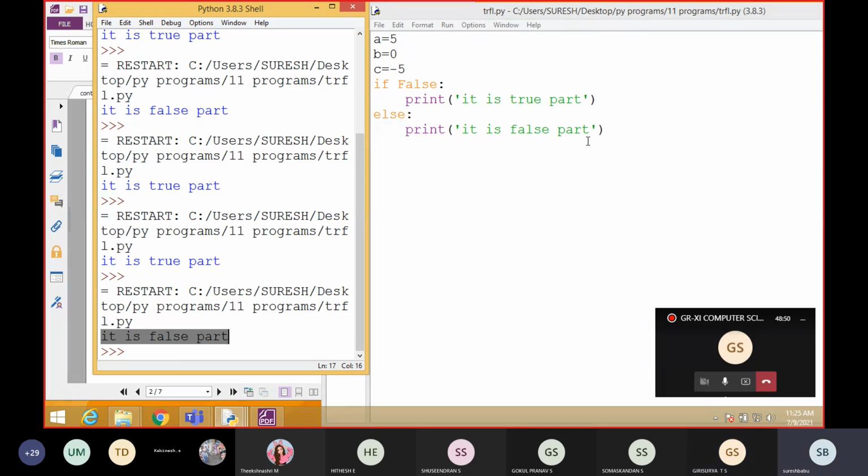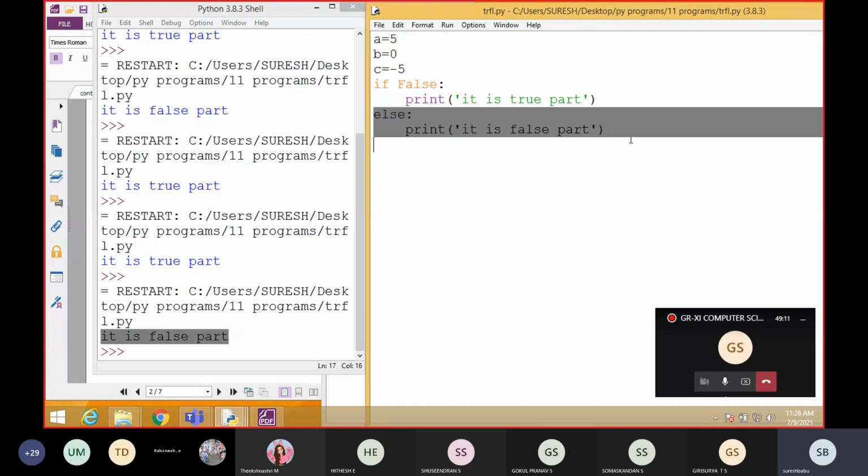Yes, sir. So the main idea is, if you give any value related to true, it will display the if part output. If you give any value related to false, you have to give either false or 0, only two things. If you give that, it will go to the else part. Understood?